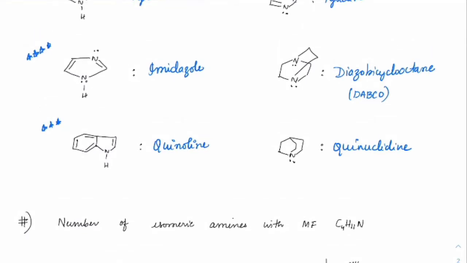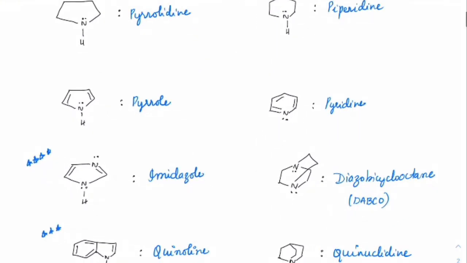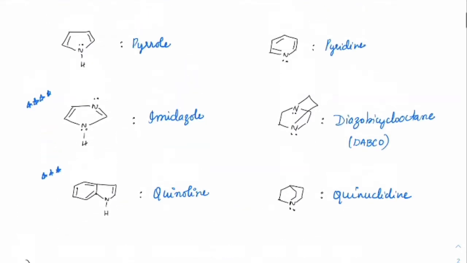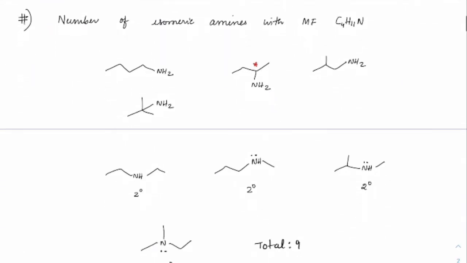Alright. So out of this, as of now, the most useful would be 1, 2, or one more here, piperidine. These four are very important: aziridine, piperidine, imidazole and quinoline, because they would be a part of amino acids. So these are a few IUPAC names and common names which we must go through in amines.